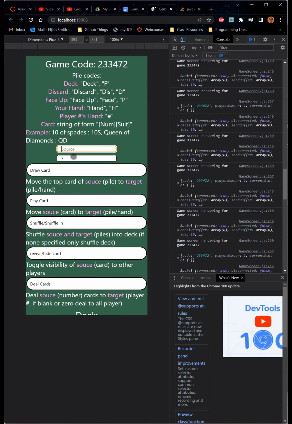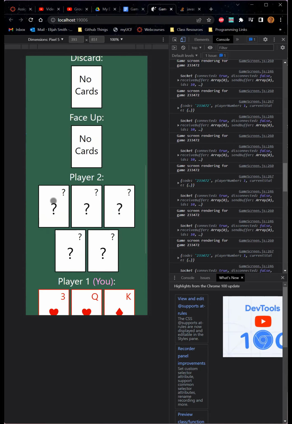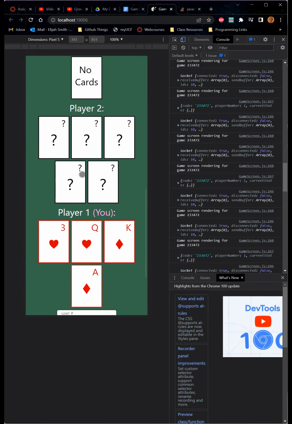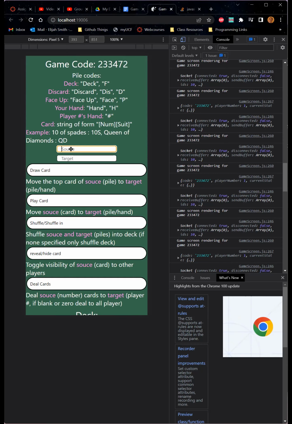I always forget that I have to clear this out first. So I can take this right back by drawing a card, and I will get my ace of diamonds right back. And likewise, I can also play the ace of diamonds to another player. So if I want to give this to player 1,